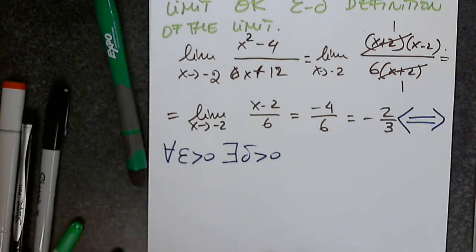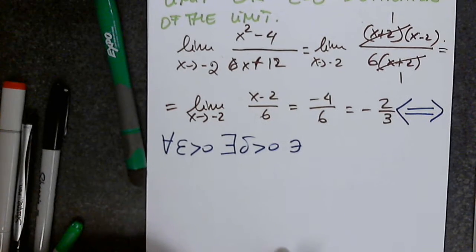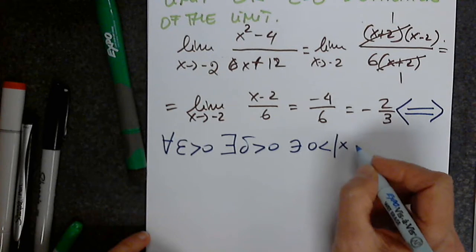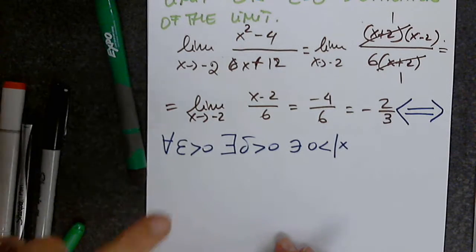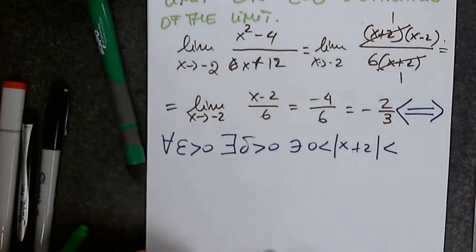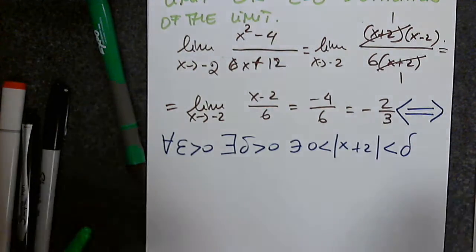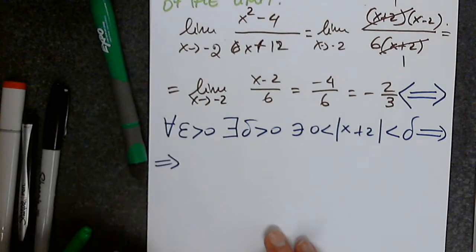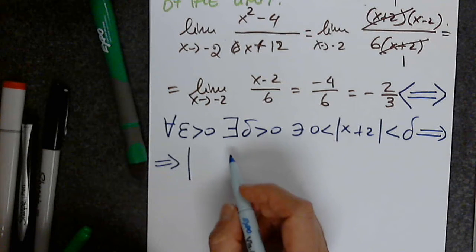For every epsilon, I will find its corresponding delta such that, yes, I pick x, x minus -2 in absolute value less than delta. Yes, every time I pick x close to -2, I will always find that the distance between